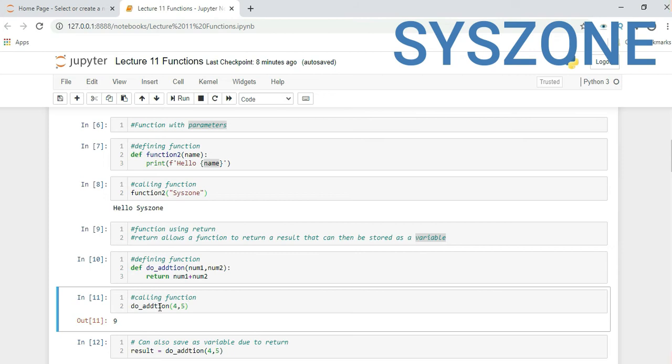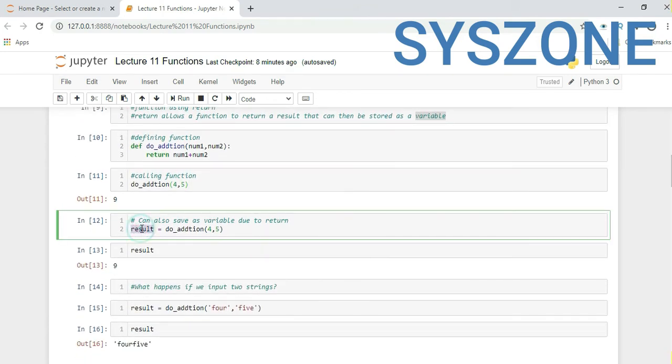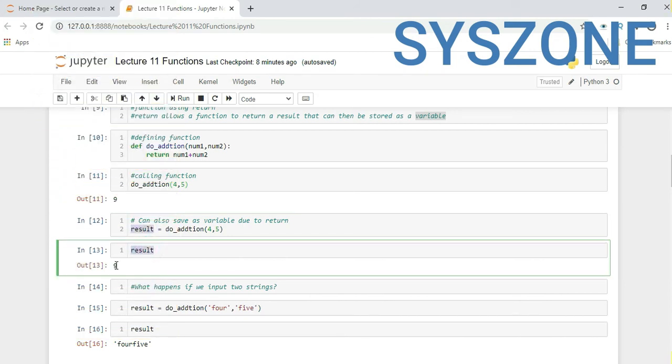So here we are calling the function addition. Now if you see here, we can store the returned value in a variable. Here the variable name is result, and after calling the function we can store the value in the variable result.